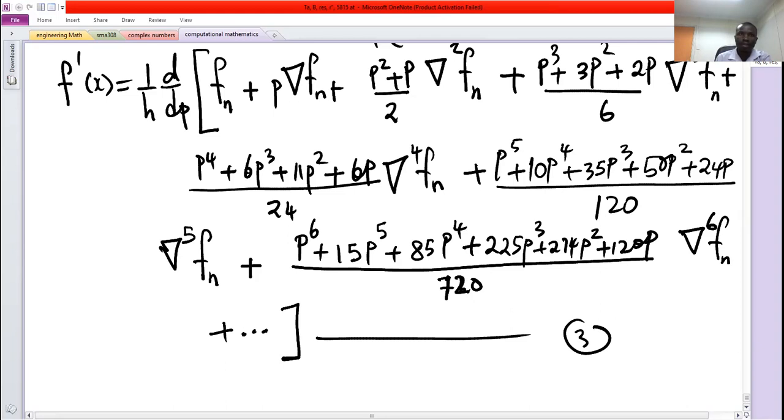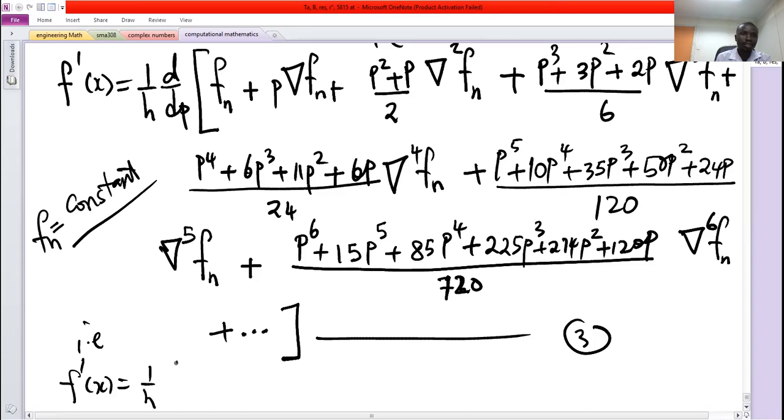So 3 becomes, now remember fn, these are just values of the function at xn. So these are constants. When you differentiate with respect to p, you get 0. So that means that our f prime of x will be 1 over h into, so this term, when you differentiate, you get 0. This one, because there's only p, you get 1, and this you get backward fn. Here we get 2p plus 1,